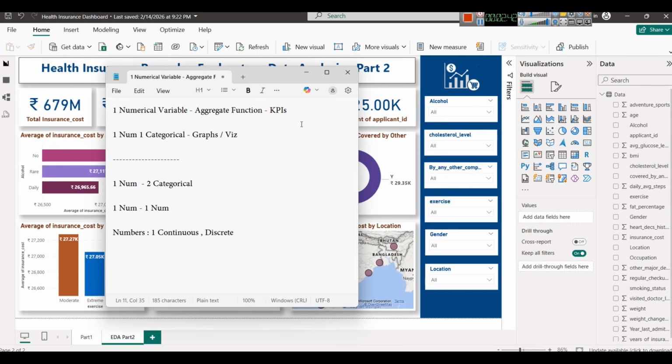Continuous is something like mass of an object or height of a person. These are examples of continuous numerical values, or for example sales. So sales can be any number. In case of discrete, we have values in some interval, like for example over number. If we are just talking about over number, that in over number 1 how many runs, over number 2 how many runs, or number of